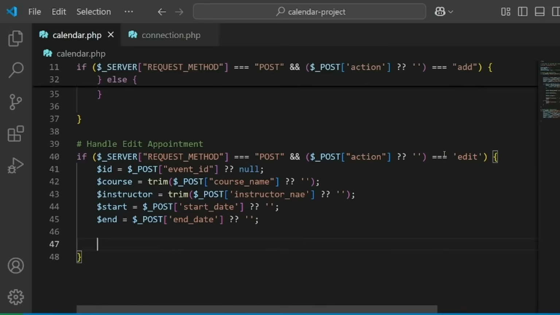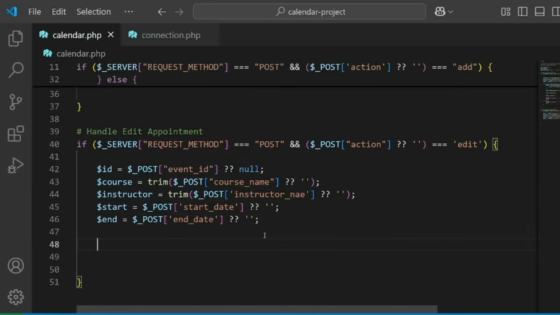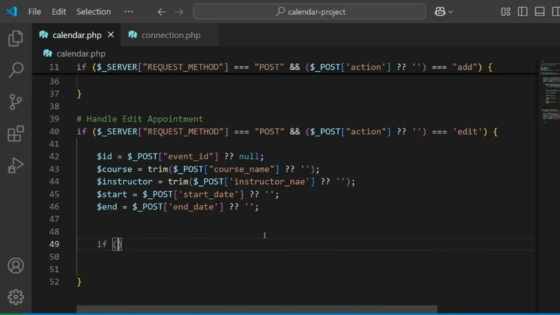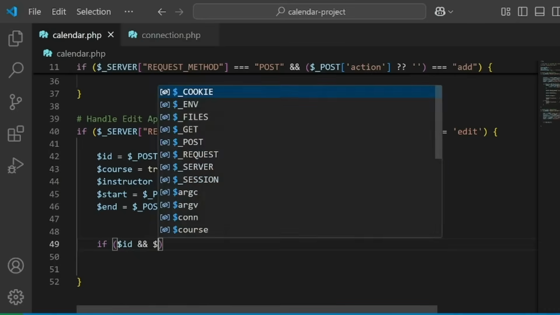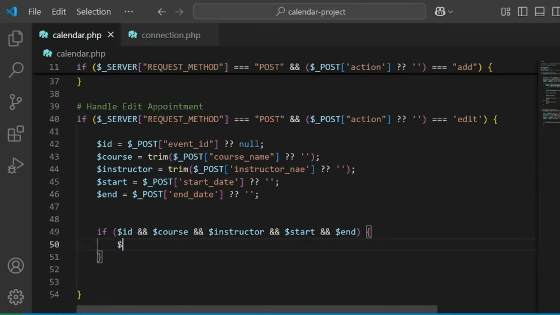Now we have gotten these variables in a correct way, and we have stored them in these variables. We can check if we actually have these variables by going if id variable and course and instructor and start and end. We can go ahead and create a statement